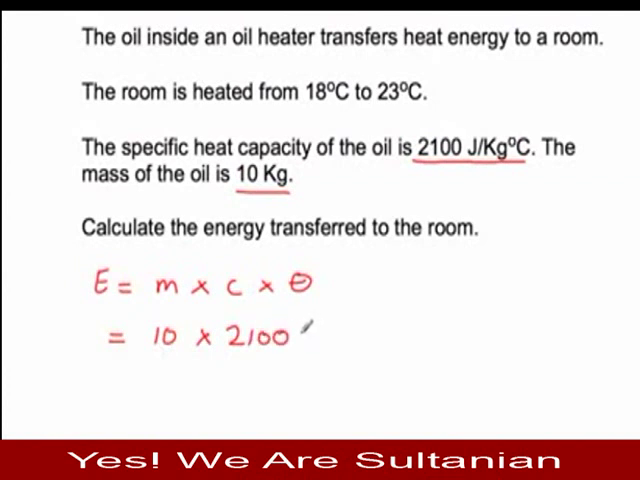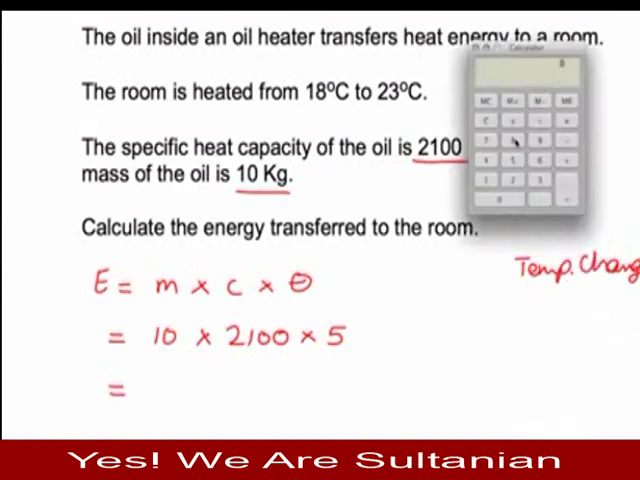Yes, we've got mass of 10, specific heat capacity of 2100, and temperature change, well, it goes from 18, so there's an extra little bit here you've got to do, it goes from 18 to 23. Remember, we want temperature change. So the temperature change from 18 to 23 is 5 degrees, and therefore the answer to this,